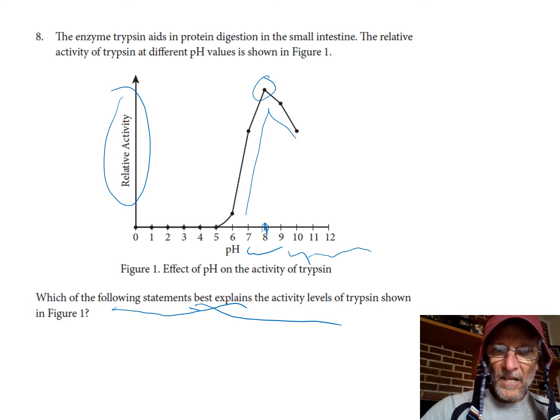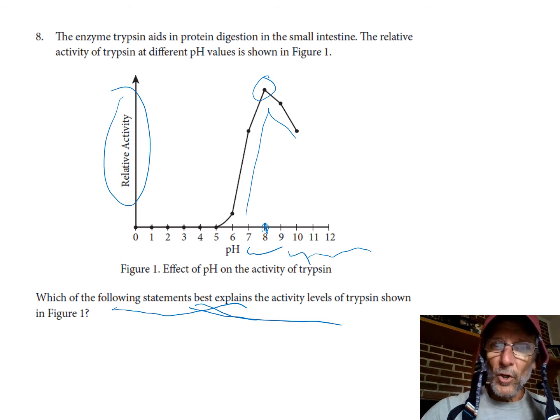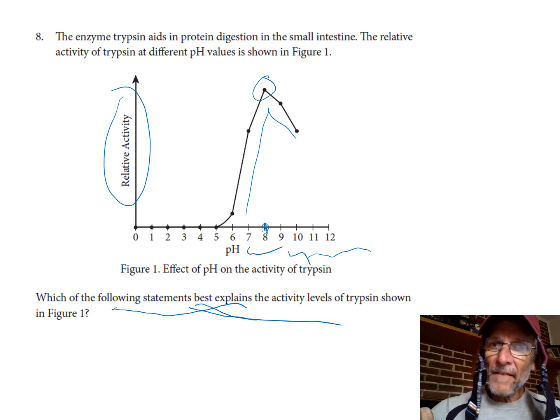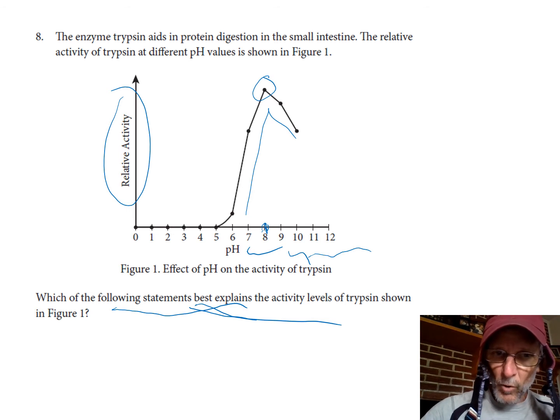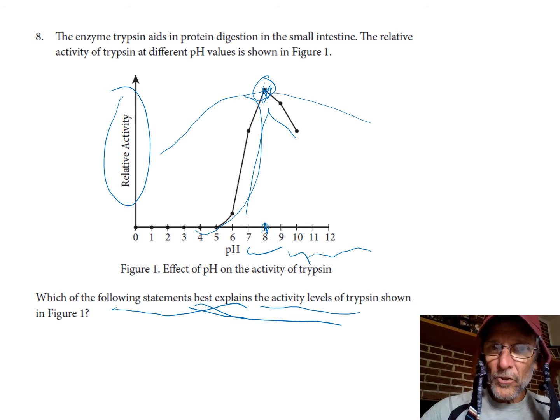So your explanation is also going to describe a little bit and say the optimal enzyme activity is at pH of 8. That's a description, which means at that pH, the active site is in its best shape to fit the substrate. And then go on to say, because they want you to explain the activity levels, not just that one level, explain at these lower pHs, going away from 8 in either direction, the activity drops off quite a bit